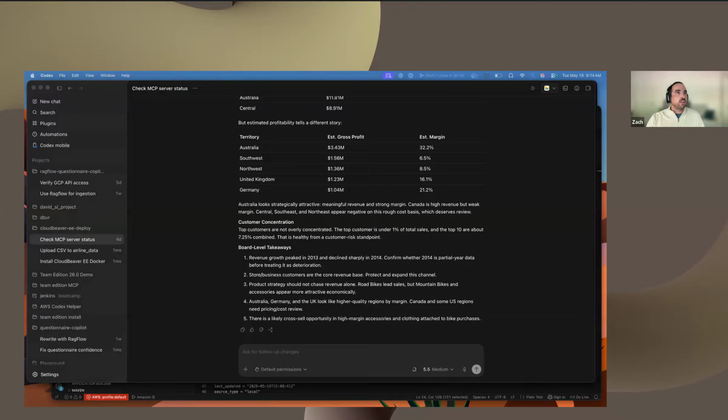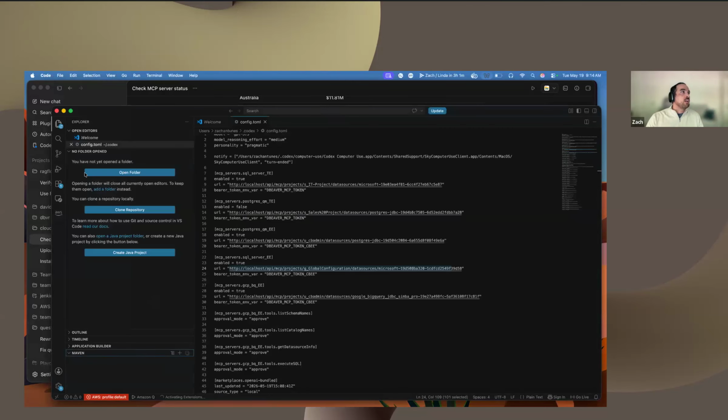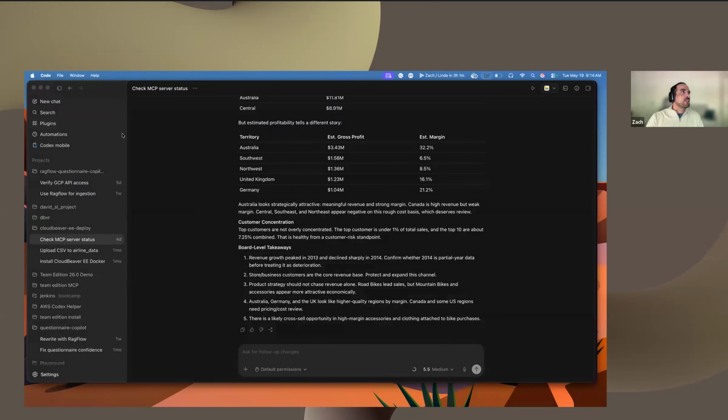Okay, I'll just keep plugging along here. So that's the MCP server, and in a second, I'll show you live what other context we can get. For now, though, I'm going to switch to one of the other new features that we added in CloudBeaver, and that is going to be